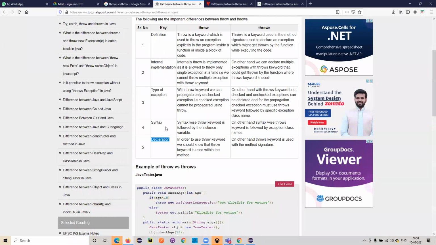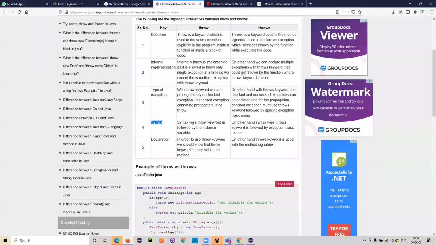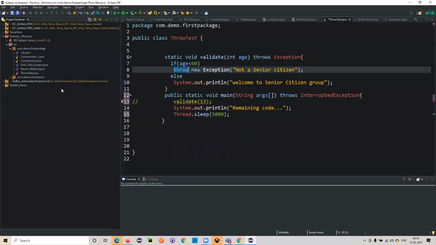And second is the syntax. The throw keyword is followed by an instance of a variable, and the throws keyword will be followed by the exception class names. If you see here, the syntax has throws, and it will be followed by the respective exception classes. But whereas here, throw would be followed with an instance of that particular exception.